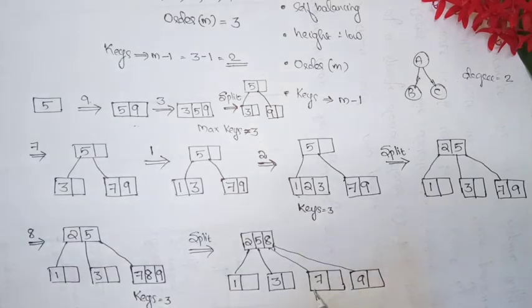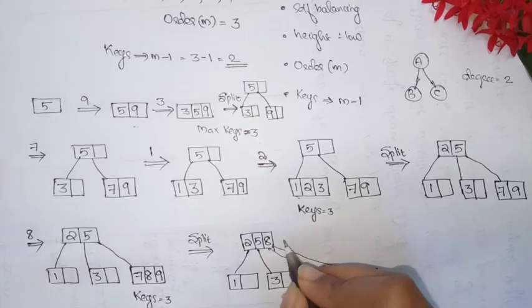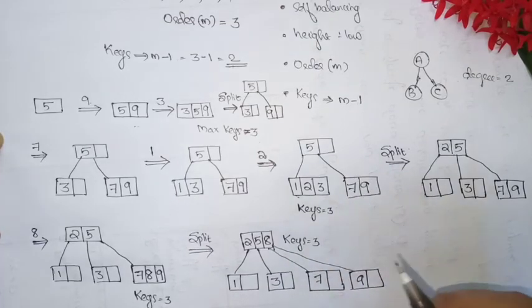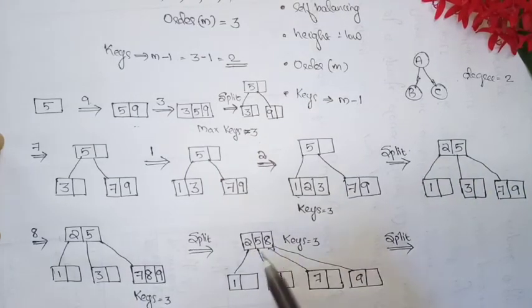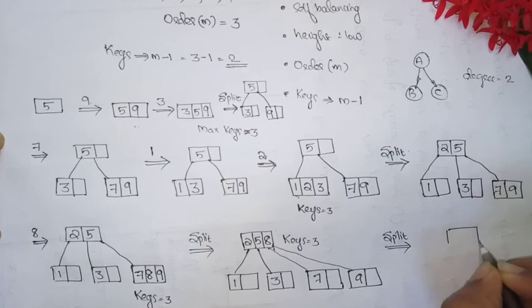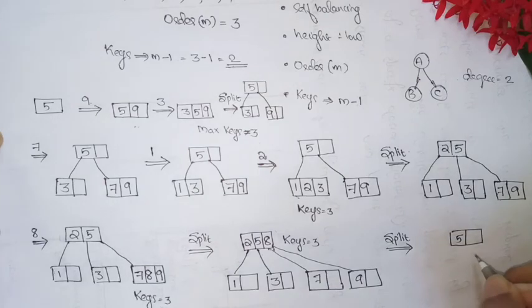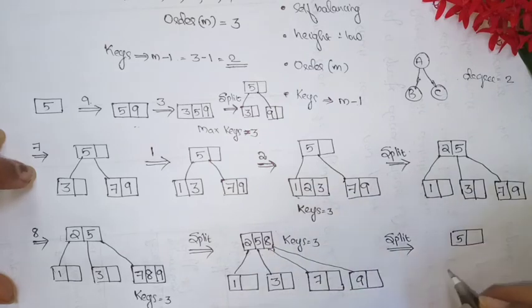But a problem with this tree is that when we look into the first node, the number of keys becomes 3, which actually violated my condition. So I have to perform this split one more time. So now this particular node is split into 2. Here also I have to move the middle element upward. So I move this key 5 upward. And now 5 is placed in a single node. And this 2 is placed in a separate node and 8 is placed in a separate node.